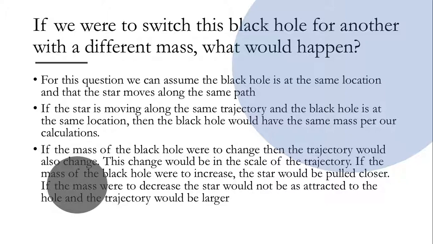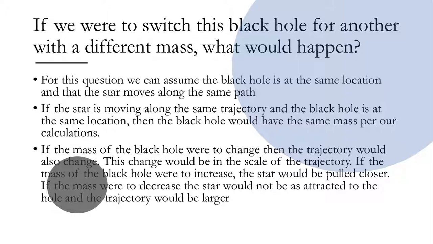That is because if we change the mass of the object, then the gravitational force on the star and on the black hole will be different, and this would result in a change of scale in trajectory. For example, if the mass of a black hole were to increase, the star would be pulled closer and the